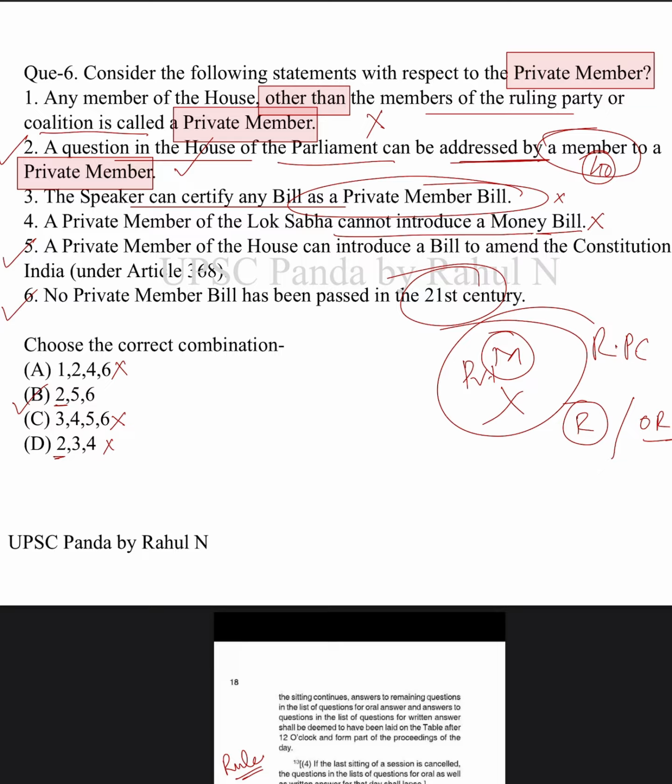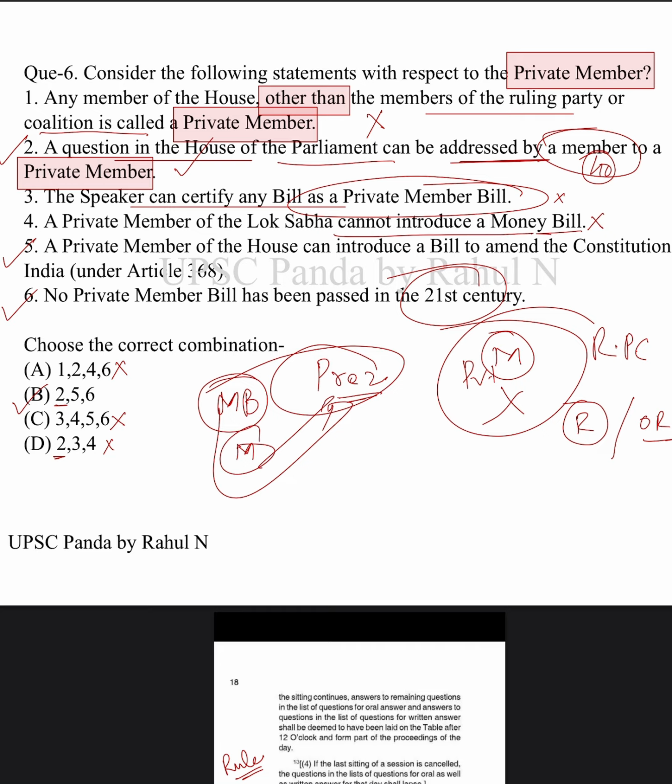Some people will say because money bill will require the assent of the president of India. So what is the problem? President of India can be approached even by the normal citizen of India. Then why cannot a private member? Private member will send the bill, can get approval, can be introduced, can get passed, again can get assent. No problem at all, and it has been done.